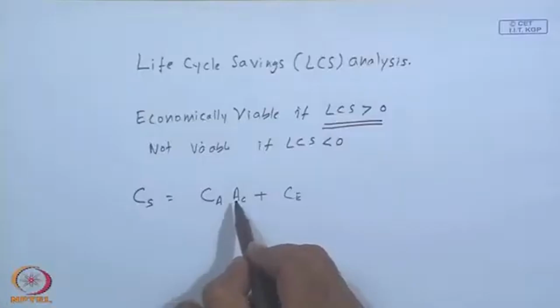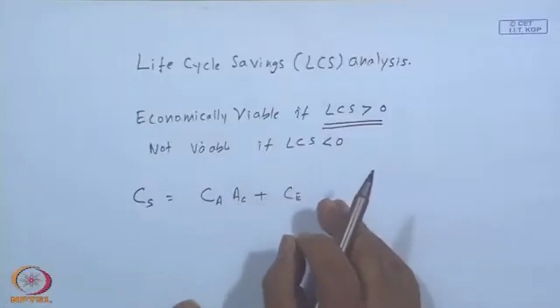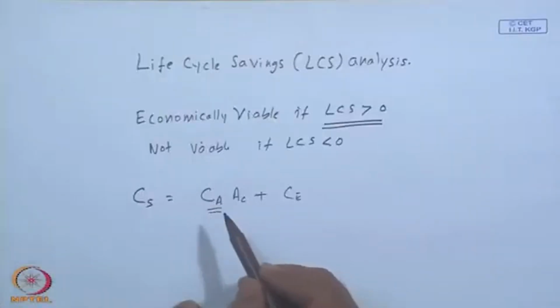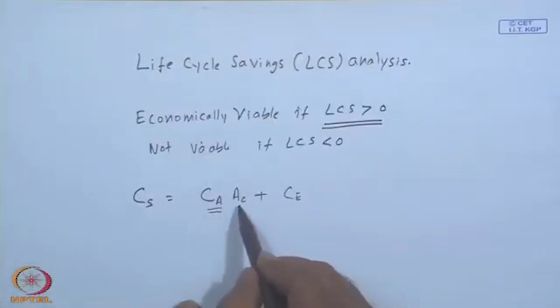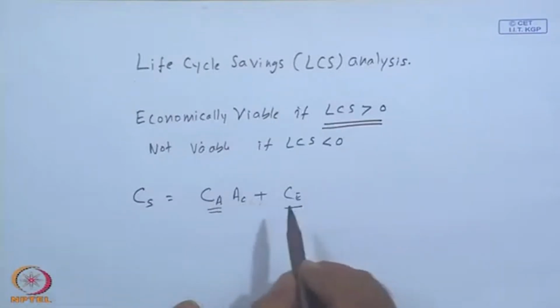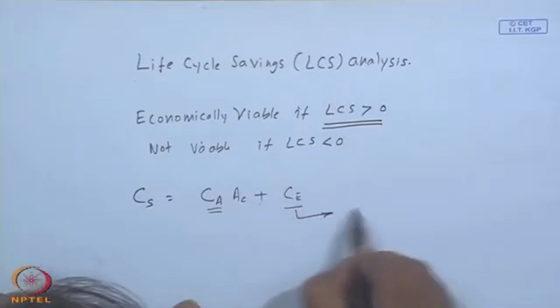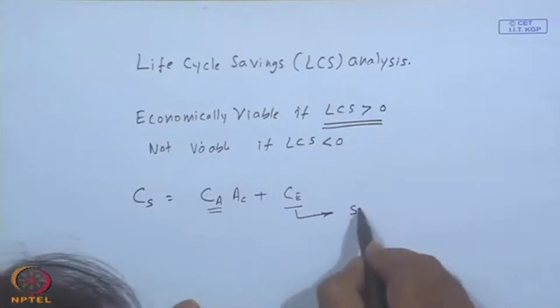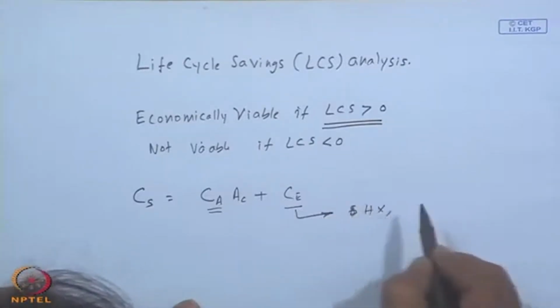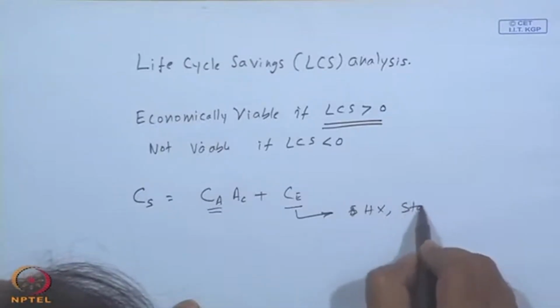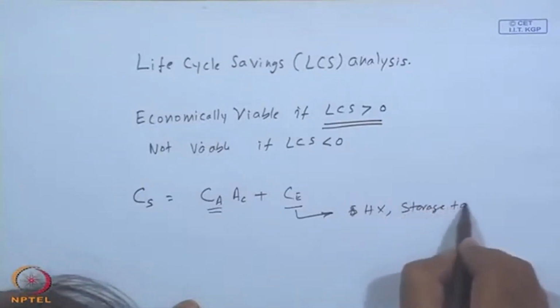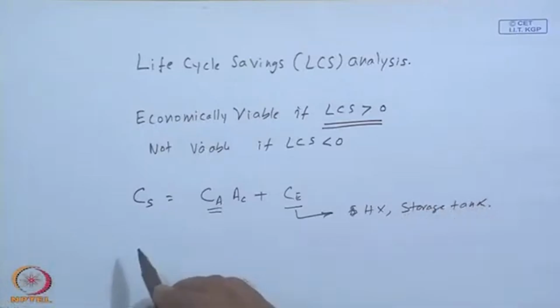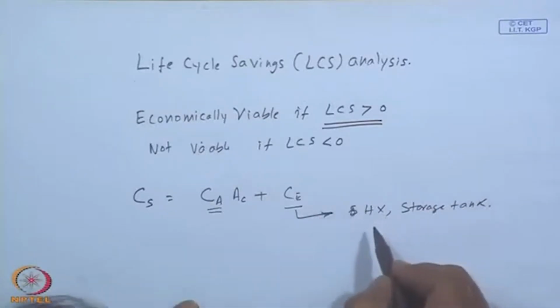For each collector you may also associate a certain amount of piping, a platform, stands or whatever is necessary. You can put all those things in this factor CA, which depends upon the area of the collector. In addition, this CE may be coming from the heat exchanger and maybe to some extent the storage tank, though that is also proportional to the collector size,